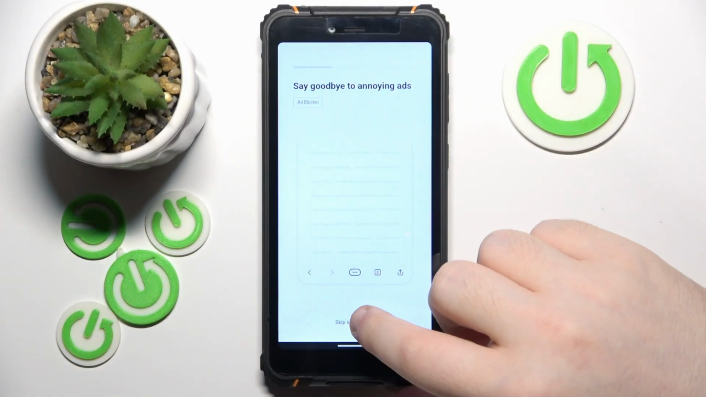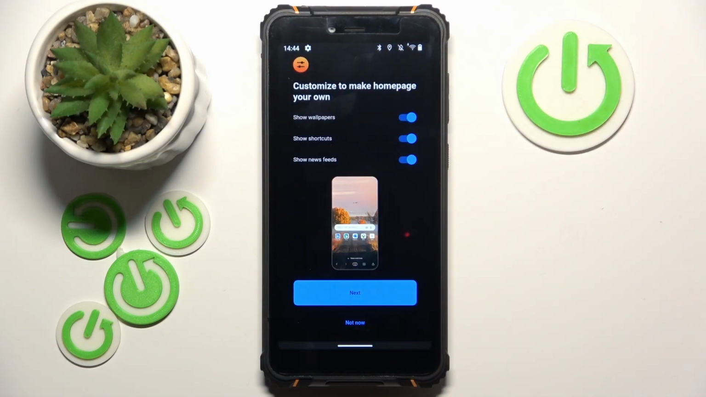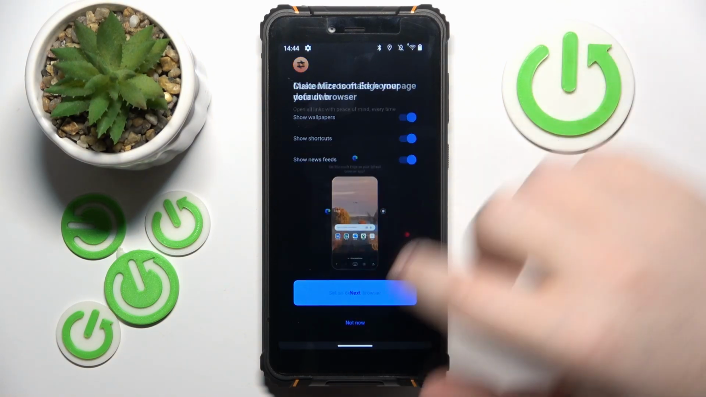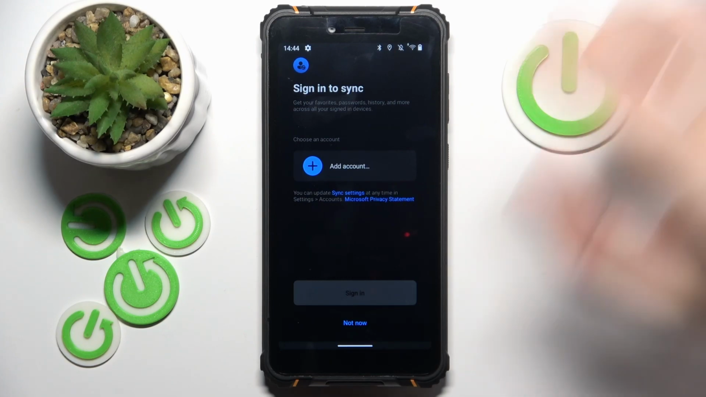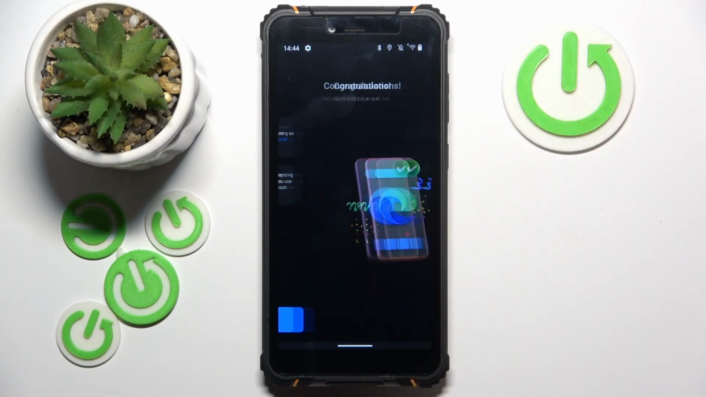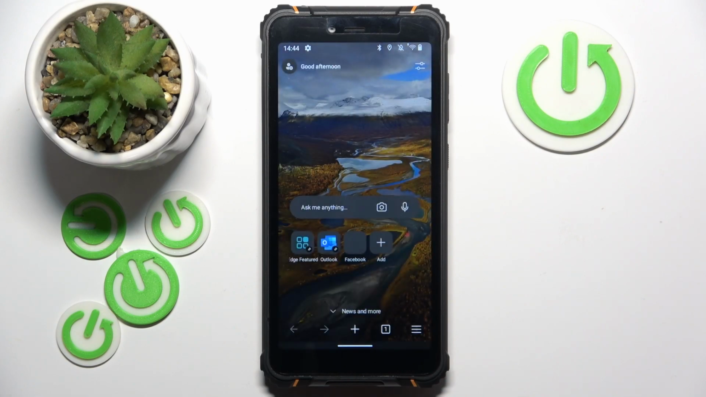And here you can click skip introduction. Now you can customize your homepage, or you can click not now. Here you can sign in to sync your data, or you can click not now. And now you have to confirm your privacy and data settings. And now your Microsoft Edge is all set up,